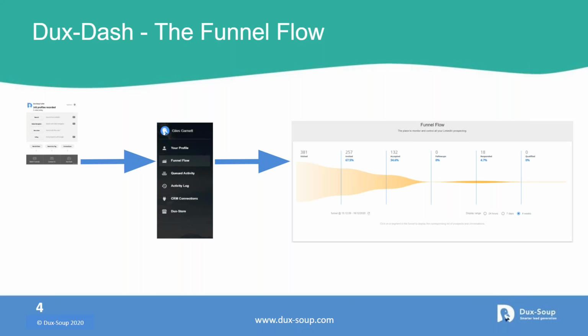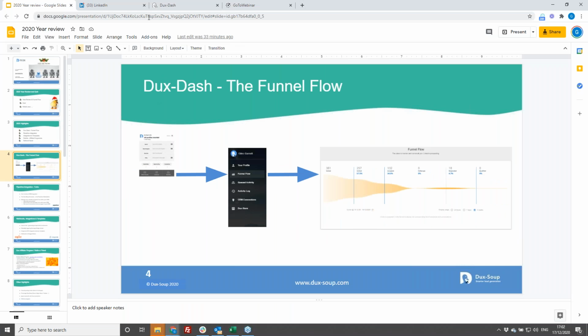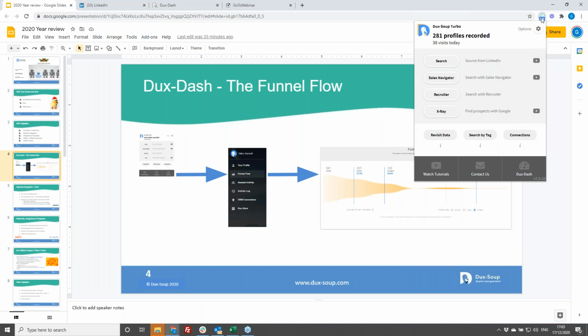So in the last week or two, you may have seen that the Dux-Dash environment has had further refinements, and we're particularly excited, therefore, to introduce you to the funnel flow, which is available for Dux-Soup Turbo users. As you can see here, the Dux-Dash is available from the drop-down menu in the bottom right-hand corner. From there, you click on the funnel flow menu, and then you get to see a totally new view of your data. And if I just very quickly swap to a live demo,